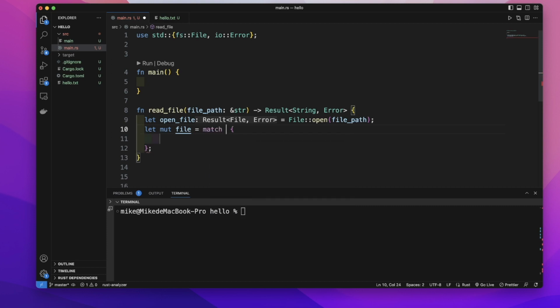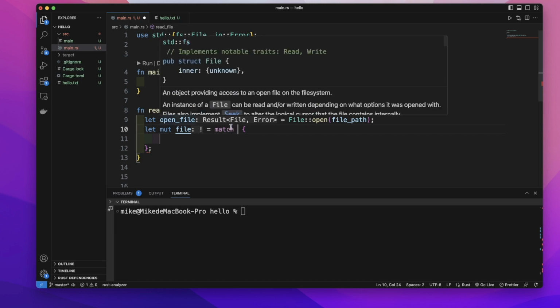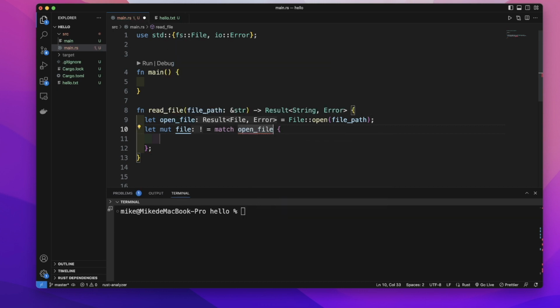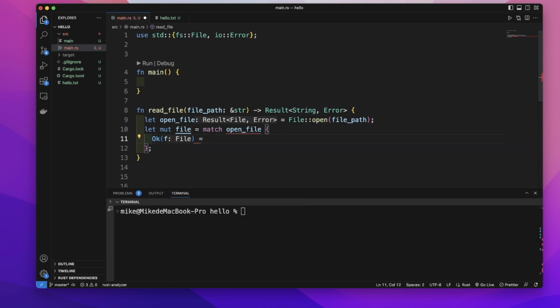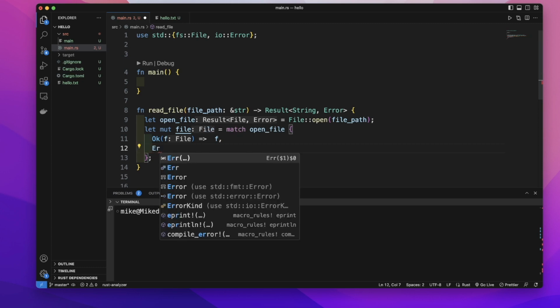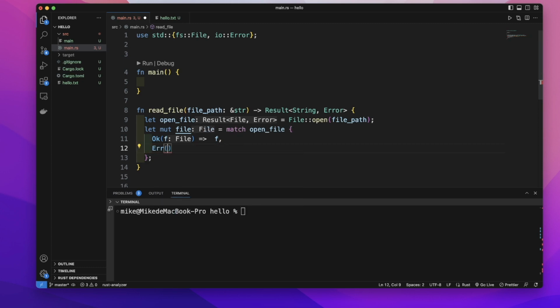We use match to handle this open_file variable of this Result type. If this open_file is OK, then we will return this file handle within this OK. And if this open_file is error, we will return